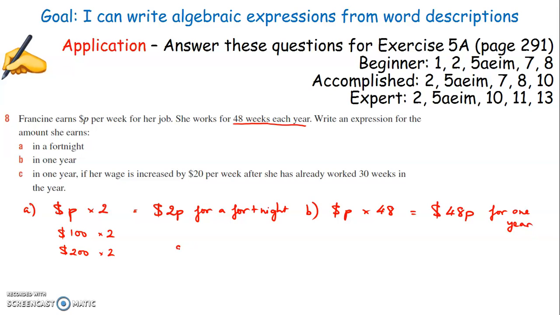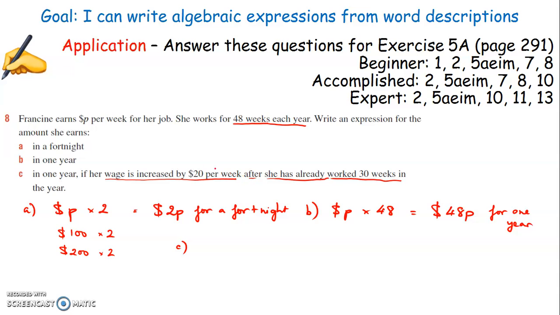And for C, in 1 year, if her wage is increased by $20 per week, after she has already worked 30 weeks in the year. Oh my goodness. Okay, so there's a lot of information in here. So after she has already worked 30 weeks in the year. Okay, so